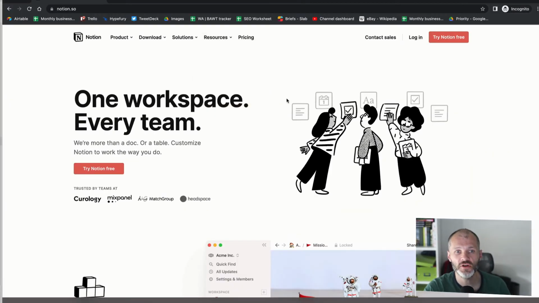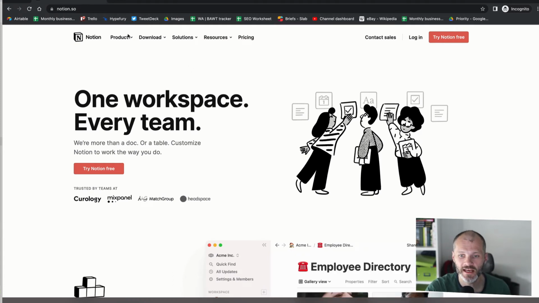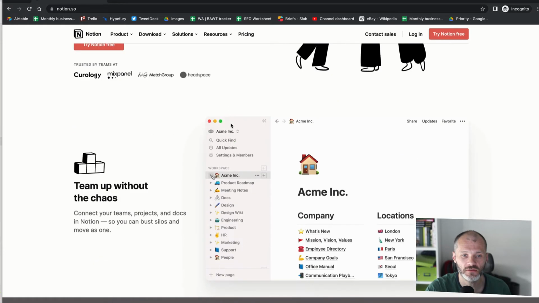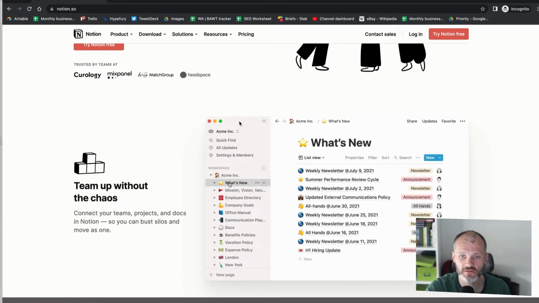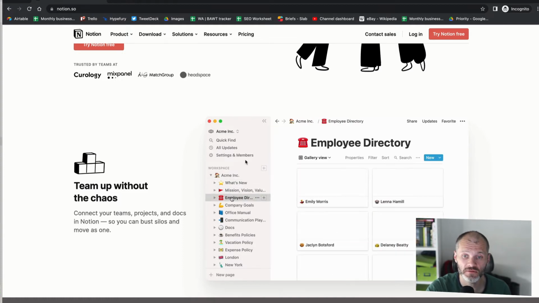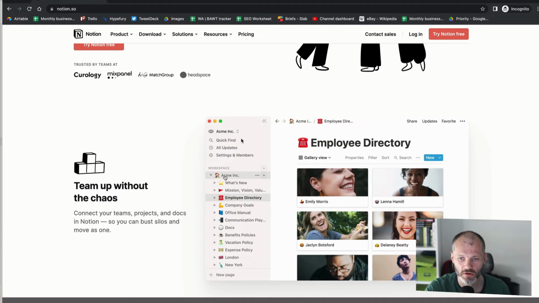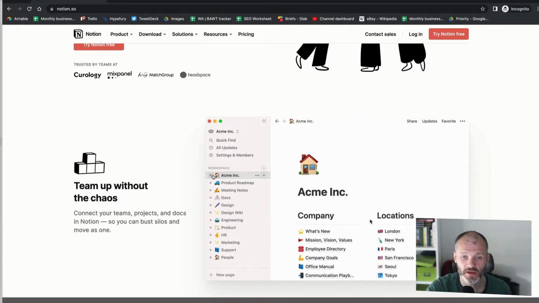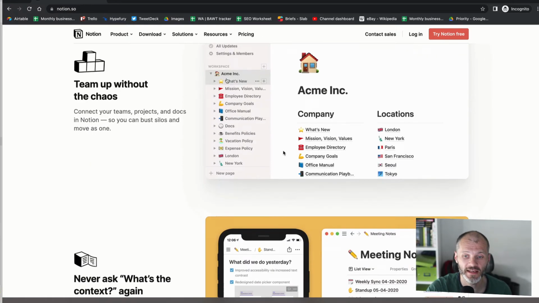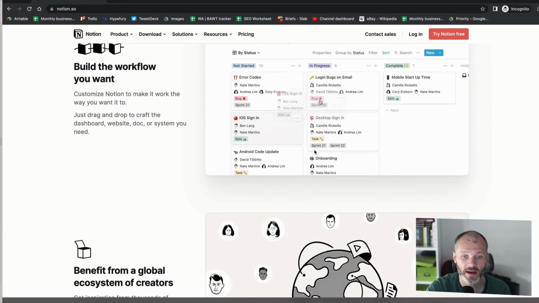The next app that you can use for your Zettelkasten is platform agnostic. It's called Notion. Notion, like Roam Research, has a cult following, and like Roam Research, there's a bit of a learning curve and it can do lots of different things. So it's not just for Zettelkasten. You can use it to create Kanban boards for managing your workflow. You can use it to collaborate with other people on your team. You can also use it for a to-do list and of course for note-taking and for product roadmaps and basically